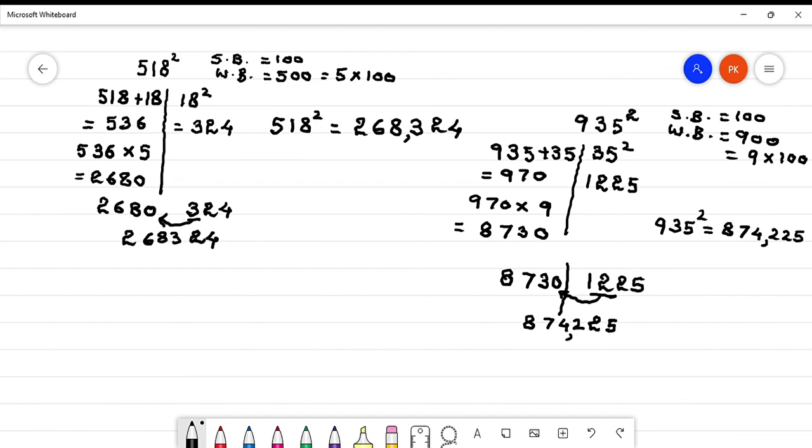Yes, so this is how, by using the base method, we can find out the squares of 2 or 3 digit numbers. Okay,